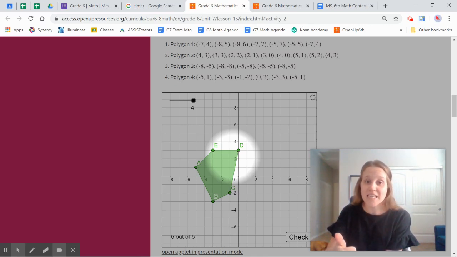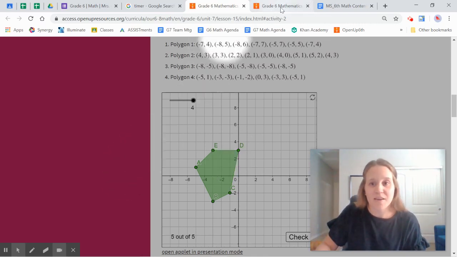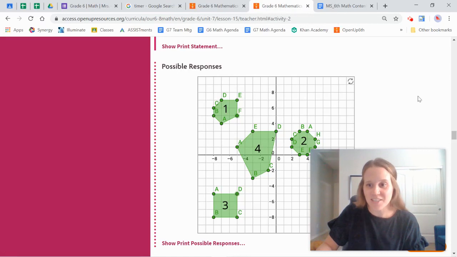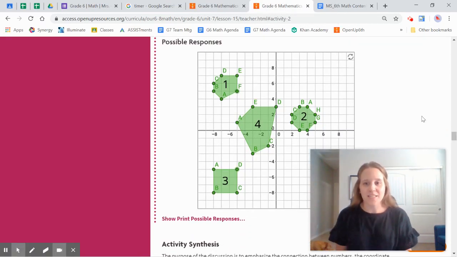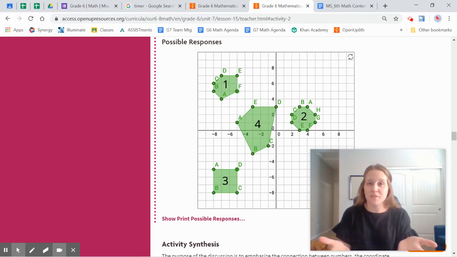Awesome, so you should have clicked the link already and completed your polygon. I want to show you the correct locations. If you were stuck, if you got one wrong, these are the correct locations. Please feel free to pause the video here to check your work. Awesome. So we've already met the first part of our objective today, which is to build shapes on the coordinate